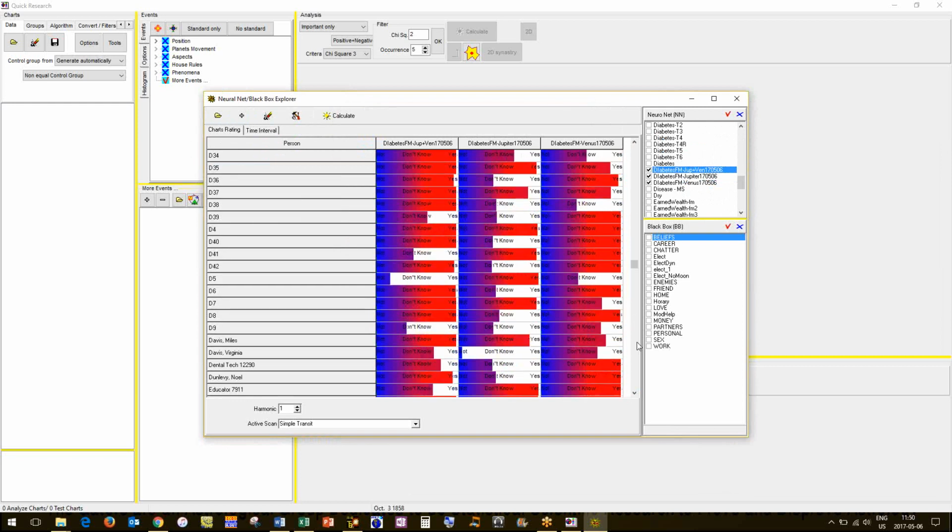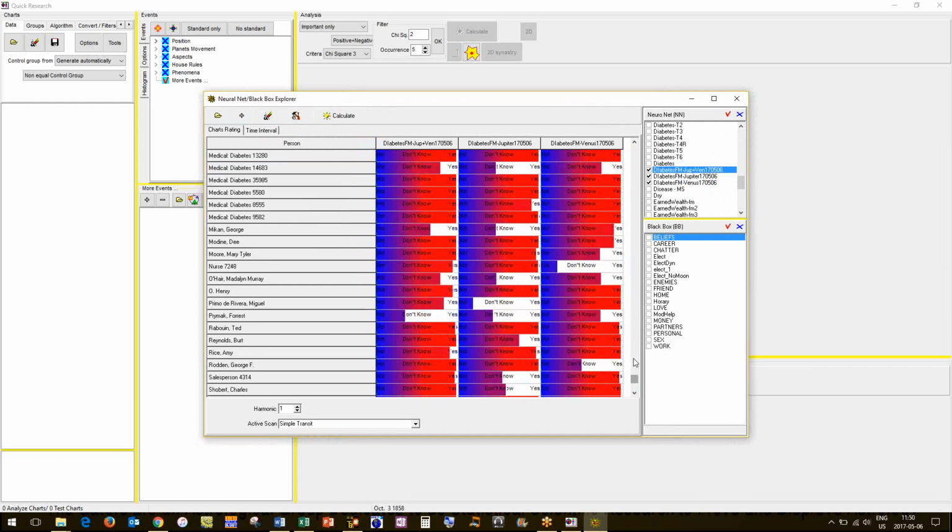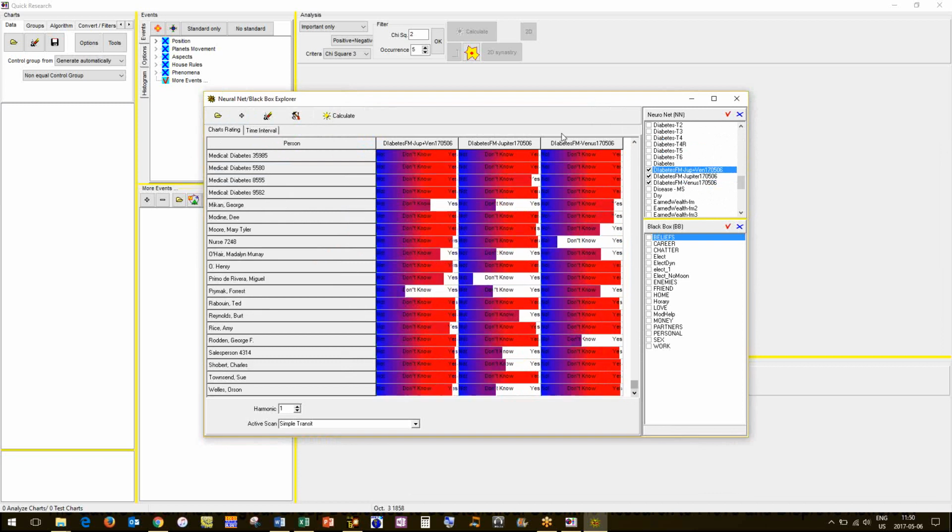Now, as you can see here, there's a lot of red, but I don't consider this a good model because I'm going to show you. This is my cutoff point here, 75%. I need this to be more than 95% being greater than the 75% to be a good model.